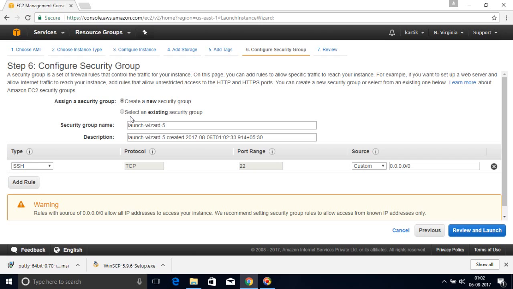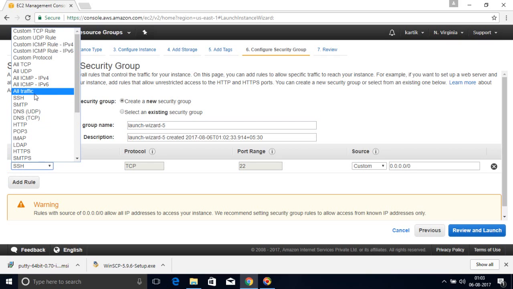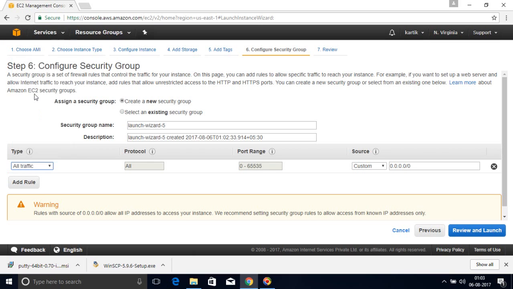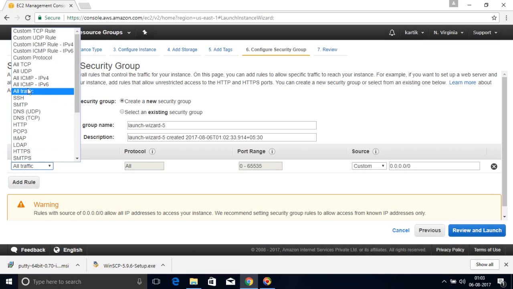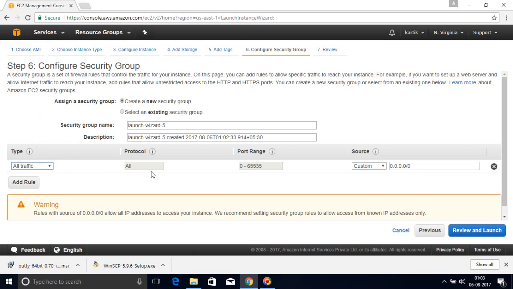And a security group, friends, is nothing but who can access your machine from outside. So just click create a new security group. If you have an existing one, just click here, select an existing security group. I am just going with create a new security group, and for the security group you can give any name. It is coming as launch-wizard-5, let it be default. It is SSH. So for a beginning you can give all traffic, so it will allow all traffic to communicate with this machine. So let us give all traffic, and if you wish you can change it to SSH only. SSH means only SSH client requests will be able to hit this EC2 machine. So I am giving all traffic right now because I am not worried about security right now.